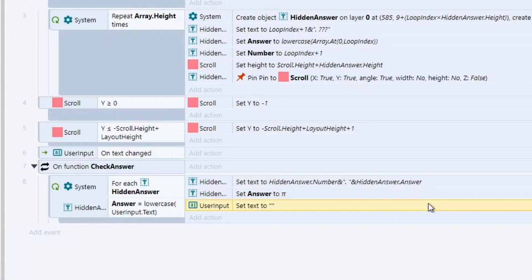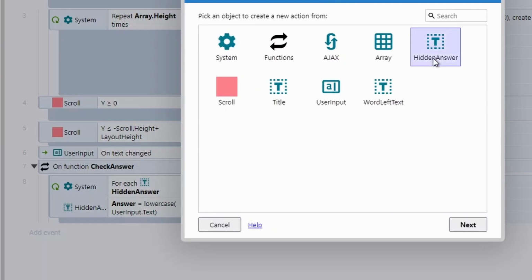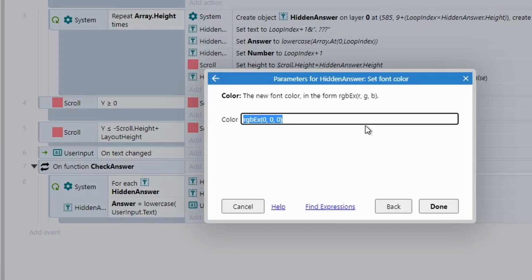So after they get the answer right, it will remove their answer and then show the correct answer on the right side, just speeding the game up a little bit. We can also add an action to our hidden answer, or we can actually change the font color. This is just a nice quality of life change, and by changing the color to be green